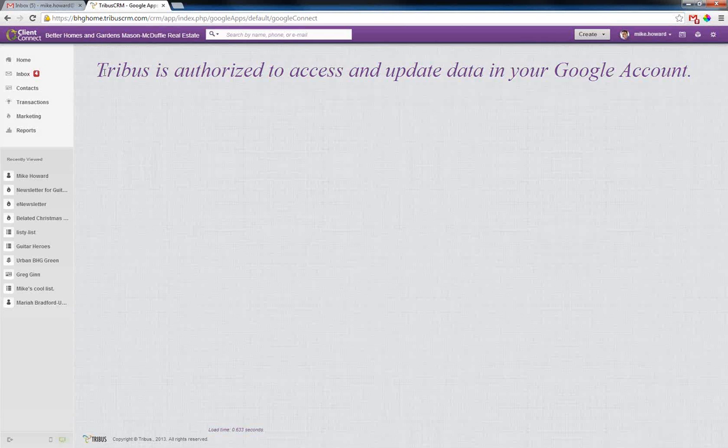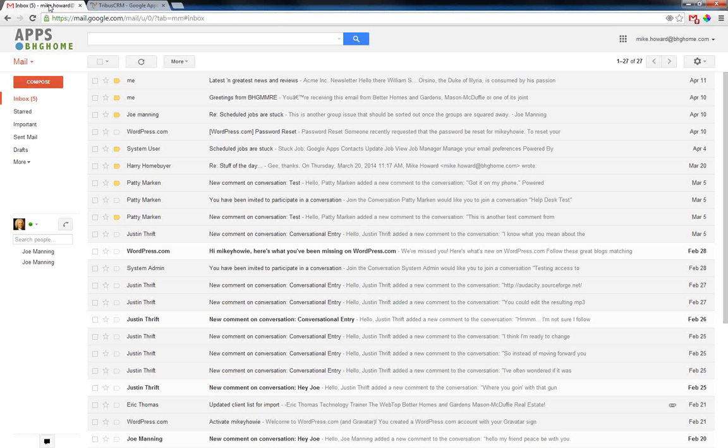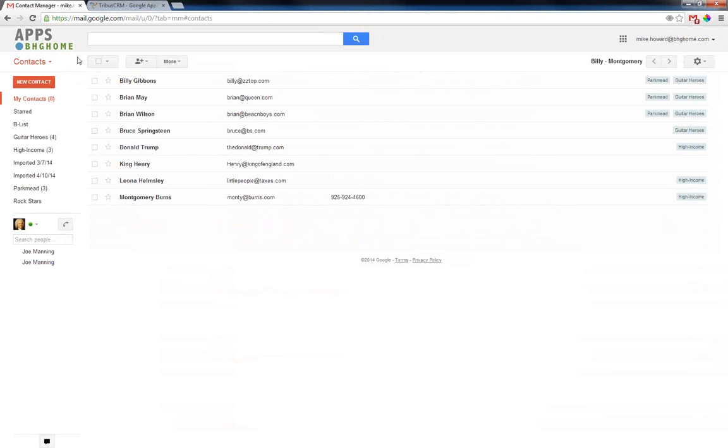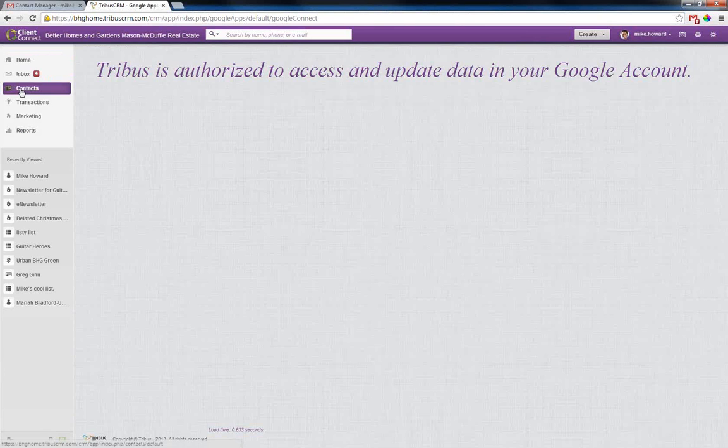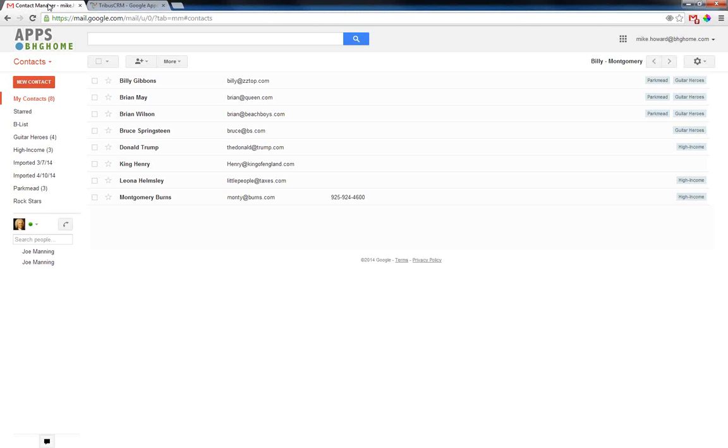What you're going to want to do is access your BHG home email at Google. And from the Mail screen, look on the left for the Mail item that is a drop-down, and that will allow you to go to your contacts. So you want to go to the contacts in your Google Apps account because you are going to set up a special group, and all the contacts in that special group are the ones that will sync up with your ClientConnect contacts list. So the way to do this,